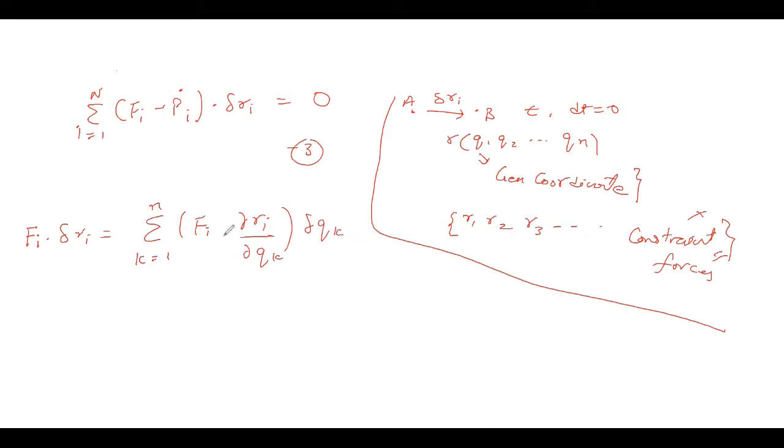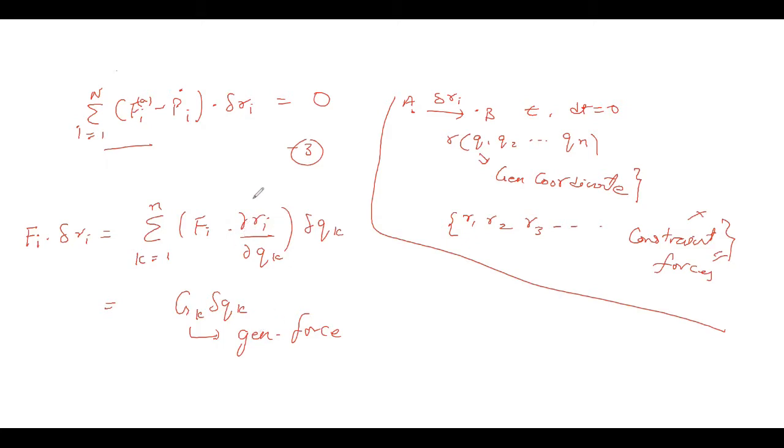This is the derivation we got yesterday for the first part, that is the first component of Fi minus Pi dot, which is the applied forces on any particle. I have derived this, and further I have written it as Gk into delta Qk, where Gk is called the generalized force. When I say generalized force, it doesn't mean that this will have the units of force.